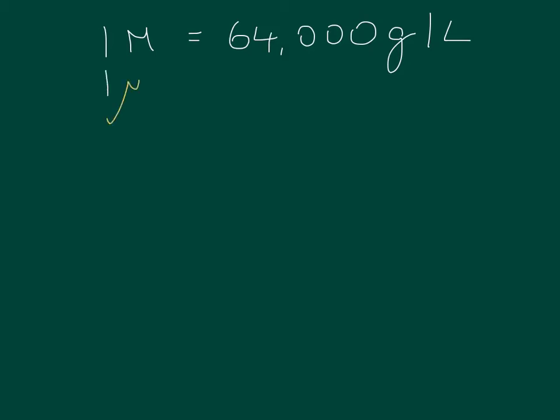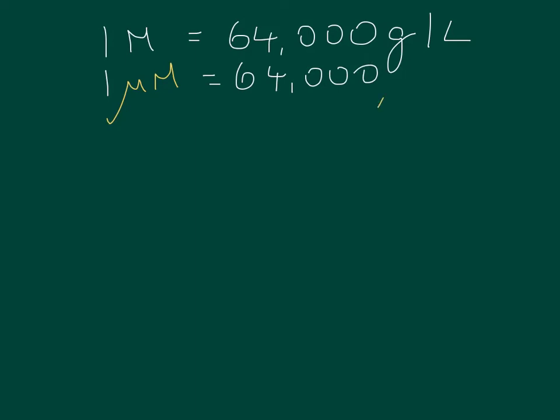Question 13 says the molecular weight of hemoglobin is 64,000. So straight away I'm going to write down what we're very familiar with by this stage: 1 molar equals 64,000 grams per litre. What's the concentration of a 5 micromolar solution, expressed in milligrams per mil? Let's leave the expressed in milligrams per mil till the end. We'll work out the 5 micromolar first. So I'm going to do my trick again that I told you about. 1 micromolar is equal to